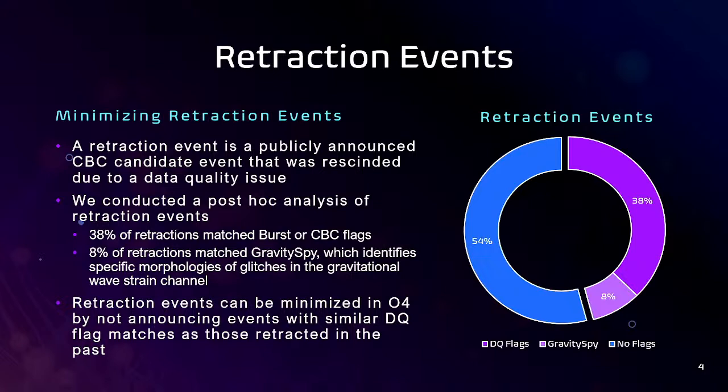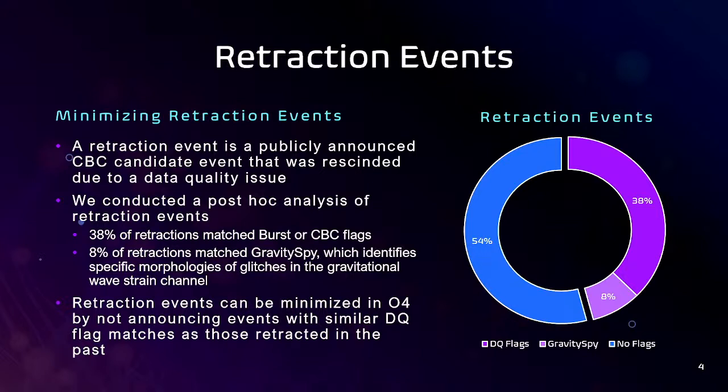So we just did a post hoc analysis of retraction events that have occurred in the past to determine what was causing those and how many of them could possibly be avoided in the future with better knowledge or foresight. And what I found was that 38% of retraction events had matches to CBC and burst data quality flags,